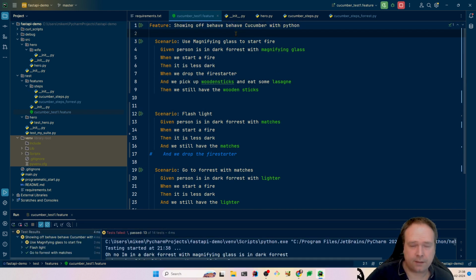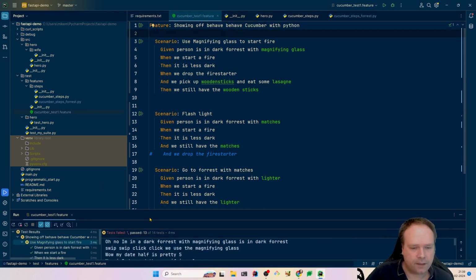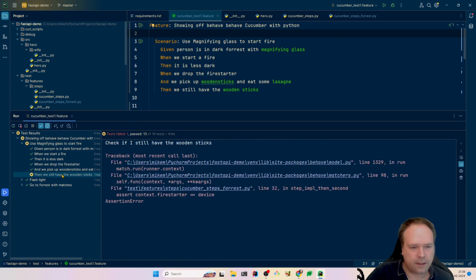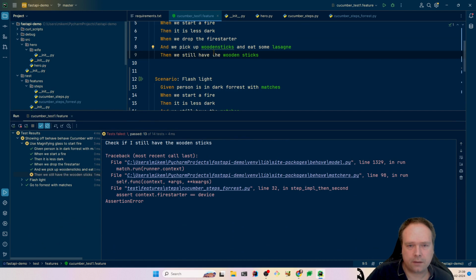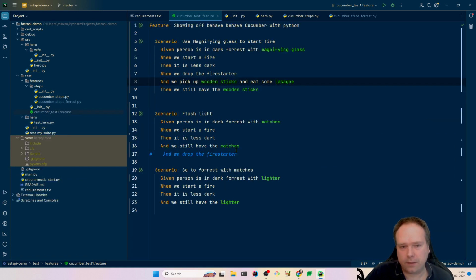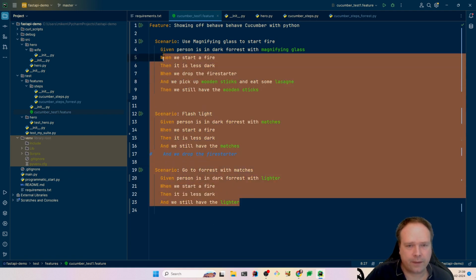Let us just run again to see if everything is fine. No, it's not. There's an error right there. What does it say right here? Then we still have the wooden sticks. Let us just make a space right there. Wooden sticks, yes. Now it's green. So that's it. It is so easy, and it's so awesome that we can use behavior-driven development also for our